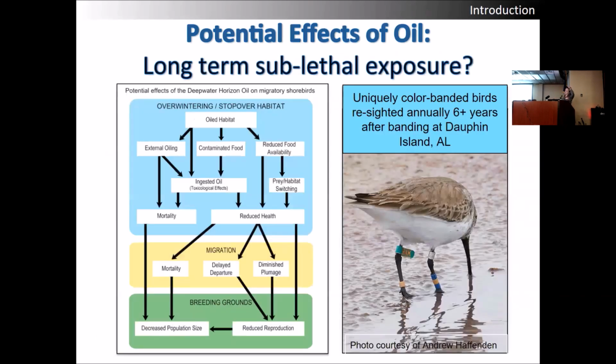There's also a developing body of literature on how sublethal or non-lethal exposure to oil within and between seasons can lead to population level impacts through reduced health and reduced reproductive success. Again, Kendall really spoke to this earlier, but I'm not going to go through all the details on this conceptual model here, but essentially the gist of it is that if you have decreased habitat quality at an overwintering or stopover site, that can lead to eventual decreased reproductive success for migratory birds because they're not as fit when they